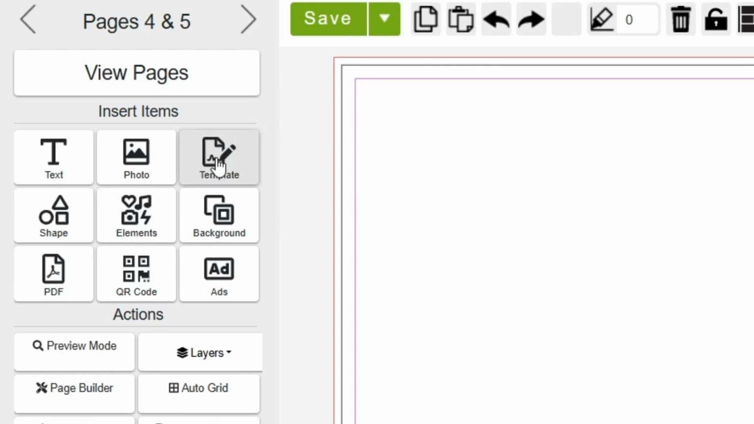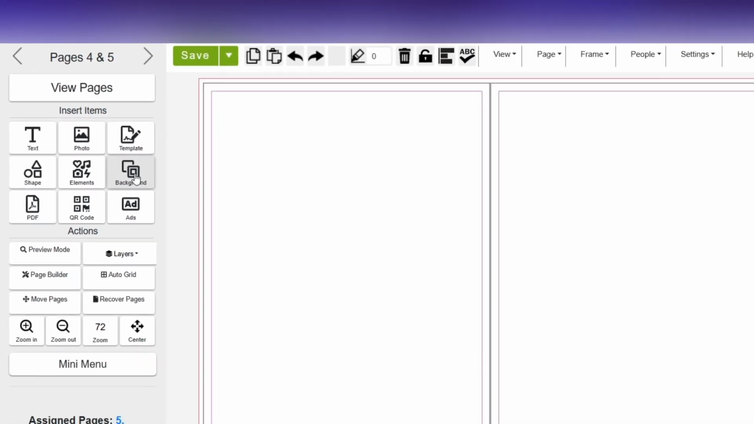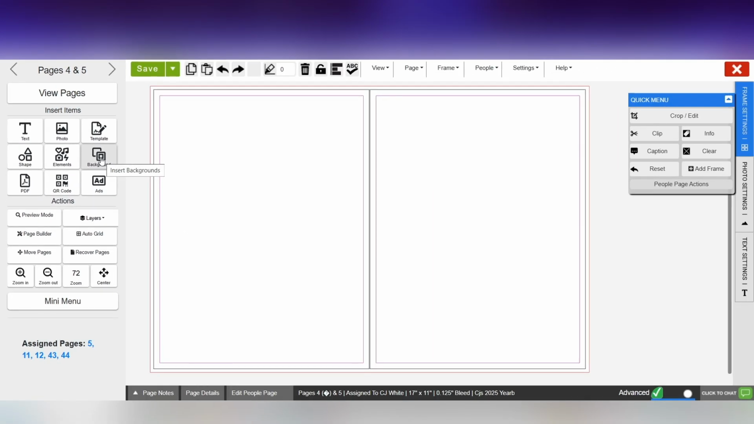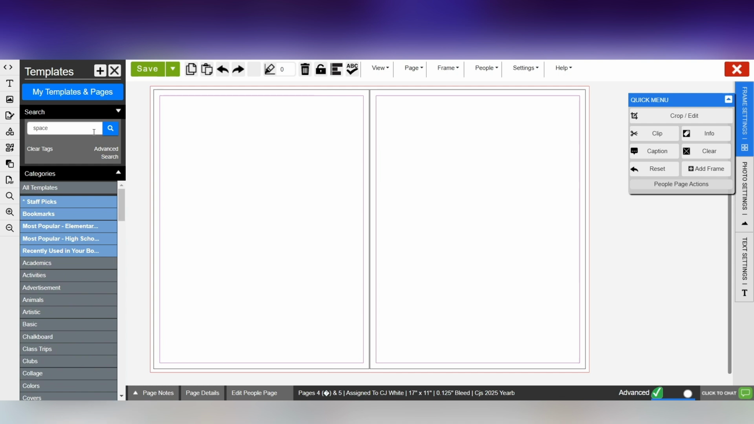In this guide, we will dive into the Templates tool, our Elements tool, and the Background tool. Each of these tools holds a library of pre-made resources to make your book building process much easier. Let's start with the Templates tool, which will pull up a bunch of categories to pick from, as well as